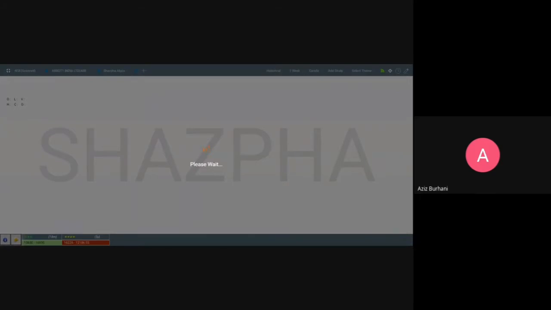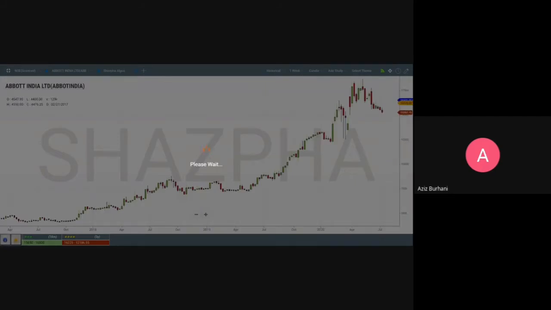Okay, one after the other. It will line up these 43 charts, and you can just do next, and you don't have to go back and forth. You don't have to go back to the Shaspa Star Scanner and then again click on the open chart of another stock or another script. You just have to do next, and it will open the charts. So you can click next here, or you can press shift and the next button on your keyboard, and the charts will load one after the other.